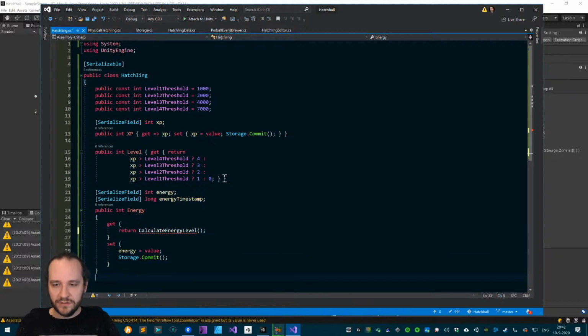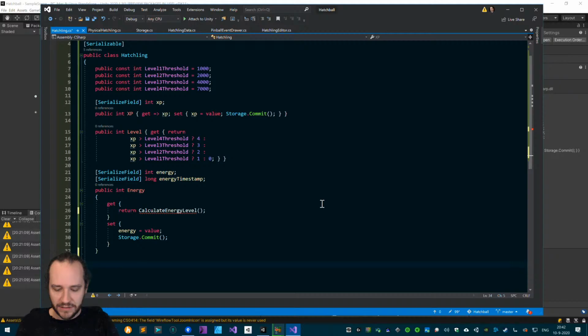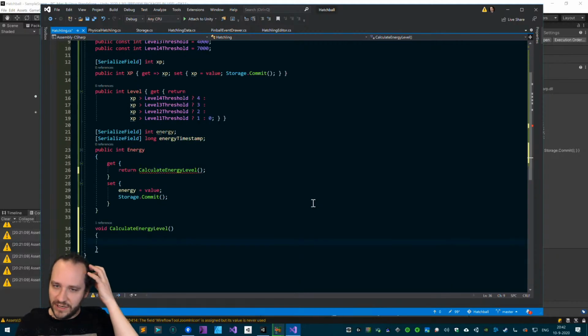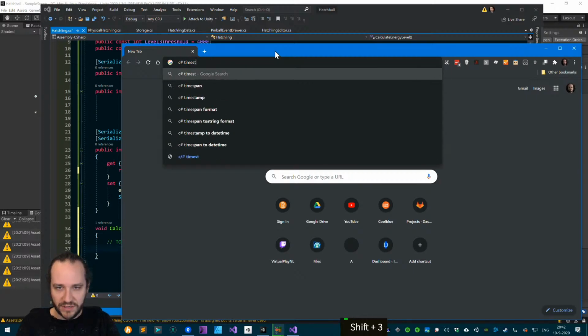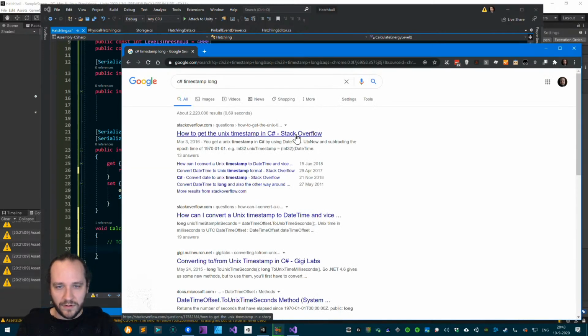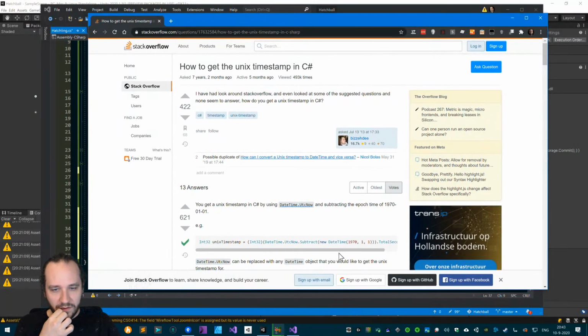Calculate energy level. So basically what I'm gonna do there is create a function that calculates the energy level, and this will somehow take the energy and the energy timestamp into account. So let's just for now say it declines with like 1 per second. That would be the easiest, because if I take like a C# timestamp, C# timestamp long,